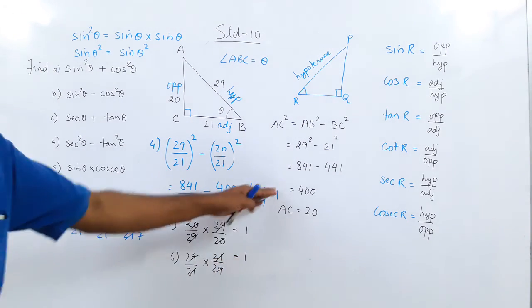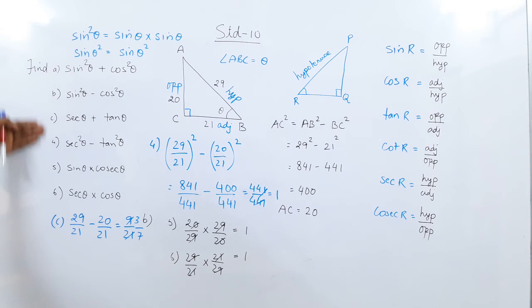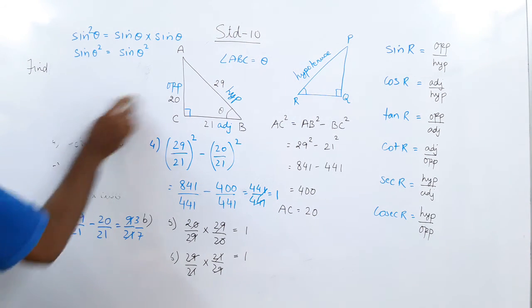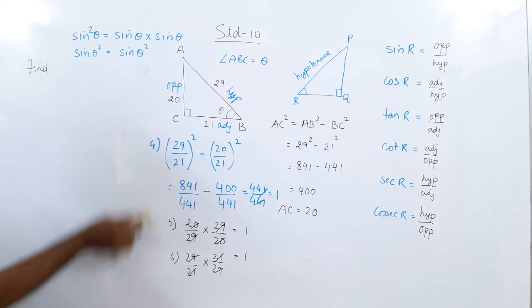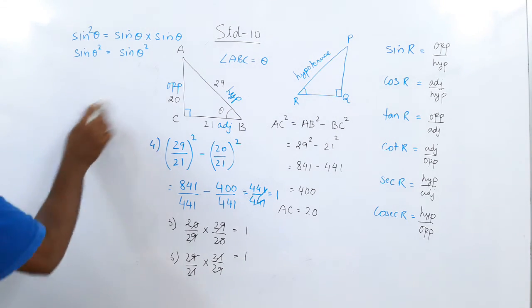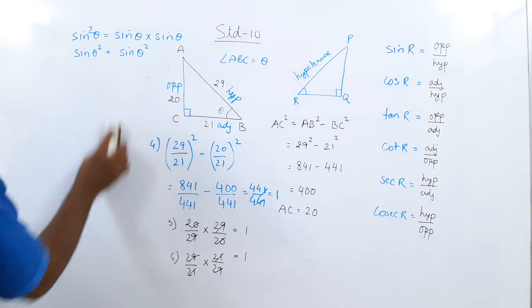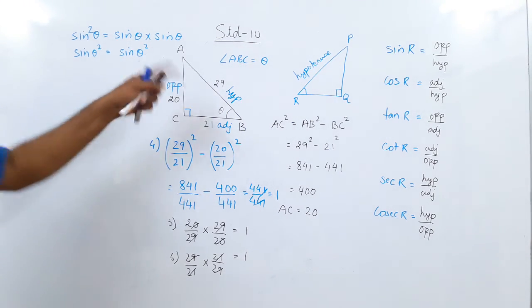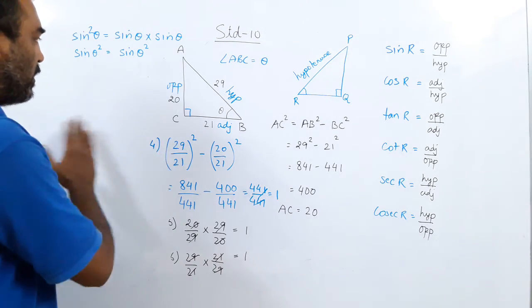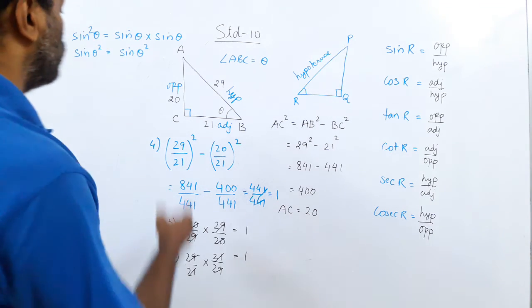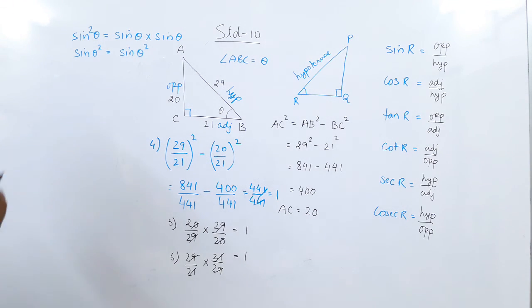So do not think you will get the answer 1 for everything. Okay, let us try one more thing. Since you have done these 6, let us try one more. Let us see what we get. What I am trying to tell you, follow me closely: once you know the triangle and the 3 sides in a right angle triangle, you know all the ratios. So whichever ratio is given, you can always find it.